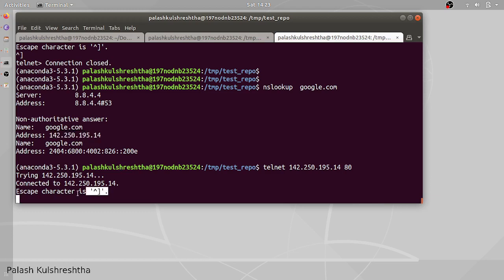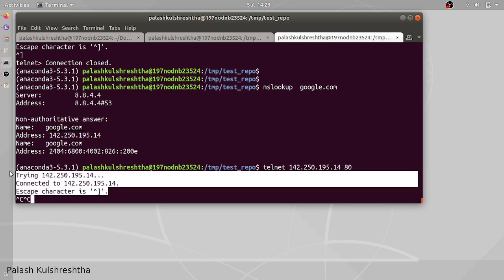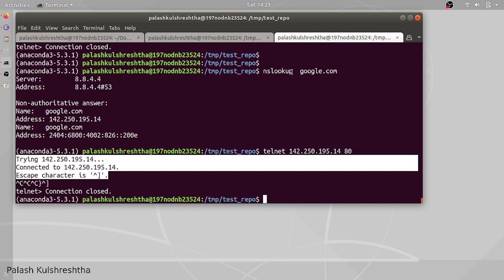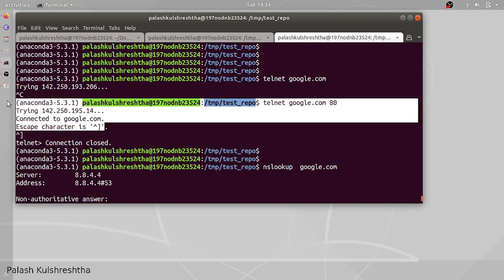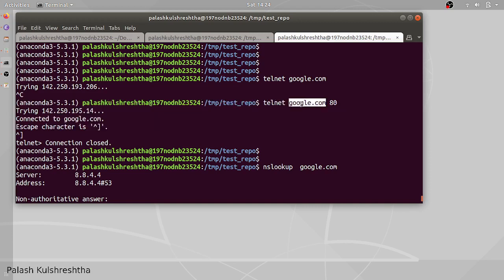We are able to connect. So even when we were telnetting to google.com, it was basically connecting to an IP address behind it. You can see here, it was actually connecting to the IP address that was received from the google.com domain name.